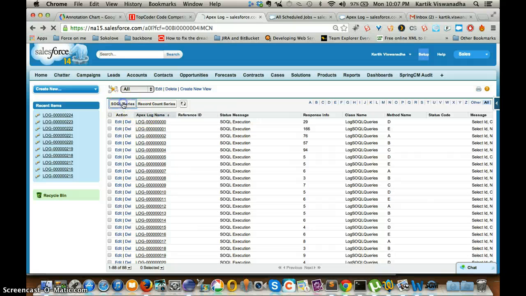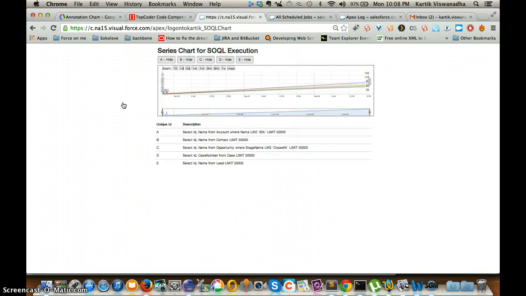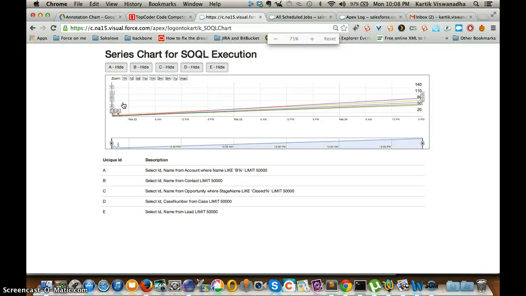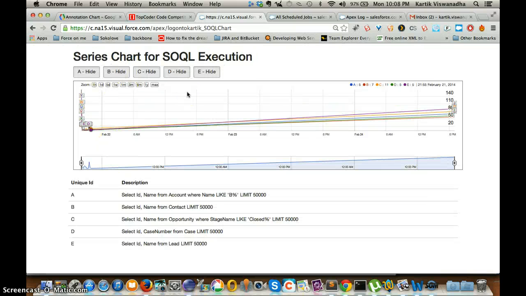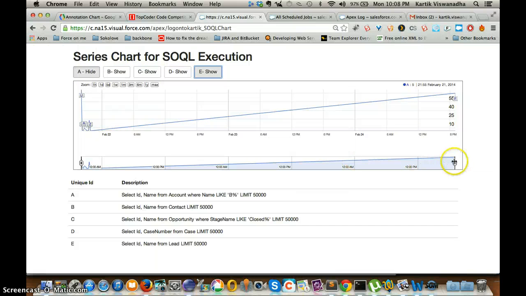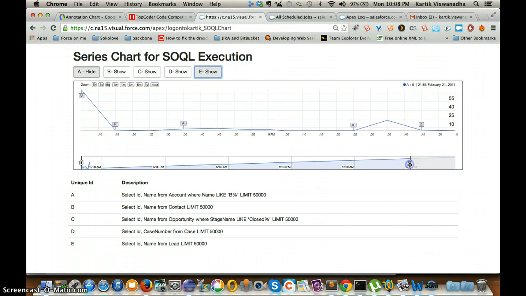So let me go ahead and click on the Sockle series. This is a series chart for the Sockle execution. I know it's kind of clunky, but let me show you. Right, so this is the series chart, and it gives you the description. A is this query, B is this query. So you can hide and show all the queries. I have 5 queries, and you can see that on the right side,